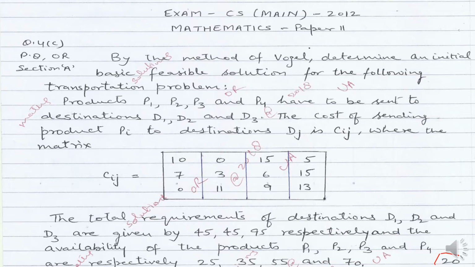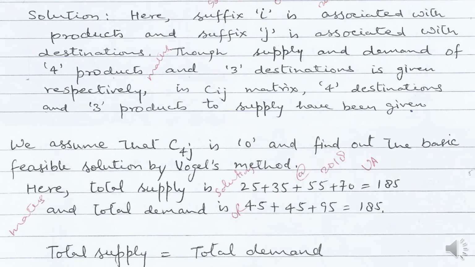So let's see here. Pi is given and Dj is given, that is Pi is the product. So this is what I have written here. Here suffix i is associated with products and suffix j is associated with destinations. Though supply and demand of 4 products and 3 destinations is given respectively in the Cij matrix. We assume that C4j, meaning the 4th product and destination j, is 0, and find out the basic feasible solution by